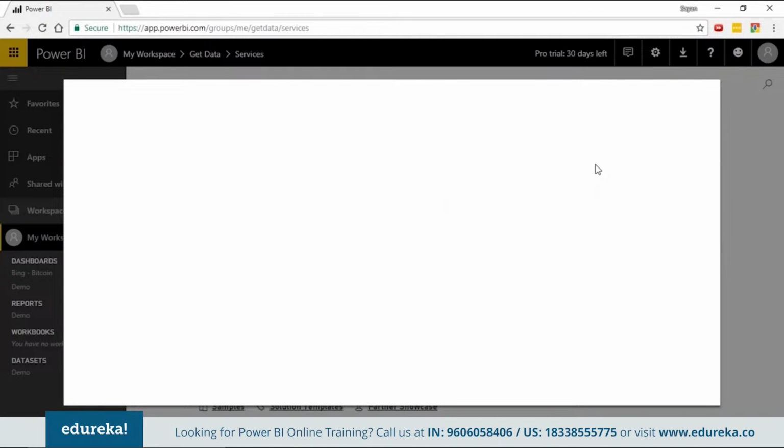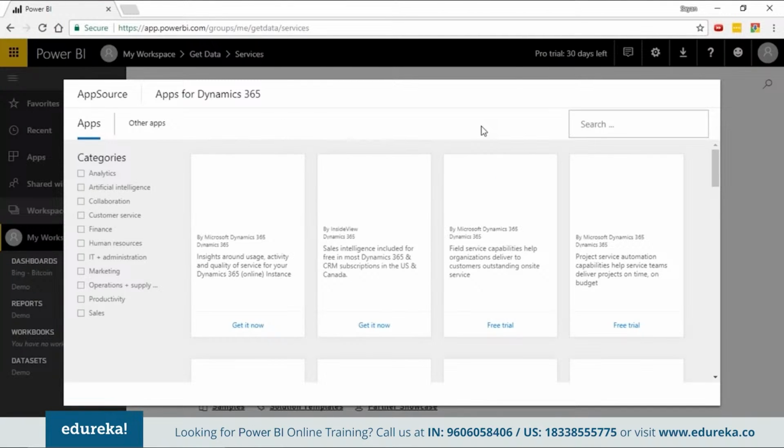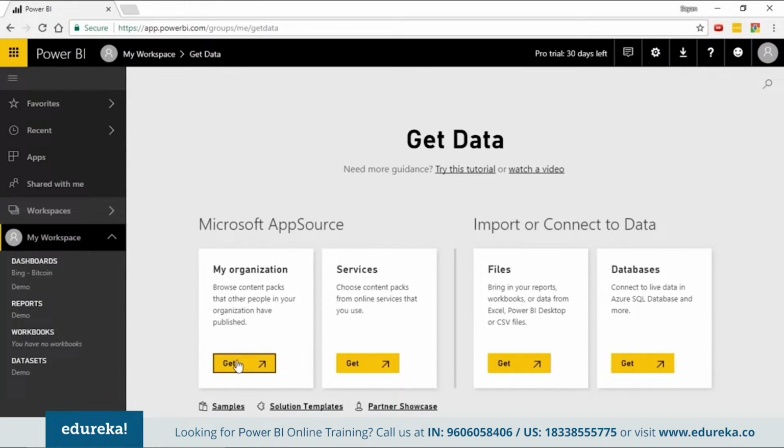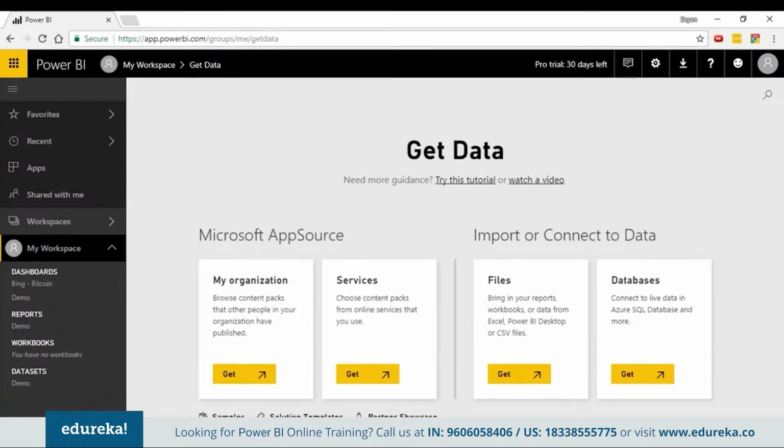And further, you can also connect onto your organizational content packs if you're working for an organization, and you can also connect onto any organizational content packs that people in your organization have developed. Okay, so services are basically content packs from online services, typical online services like Bing, Salesforce, and all that. Organization is only specific to your organization. So mention this piece as well when you talk about the sources you can connect to.